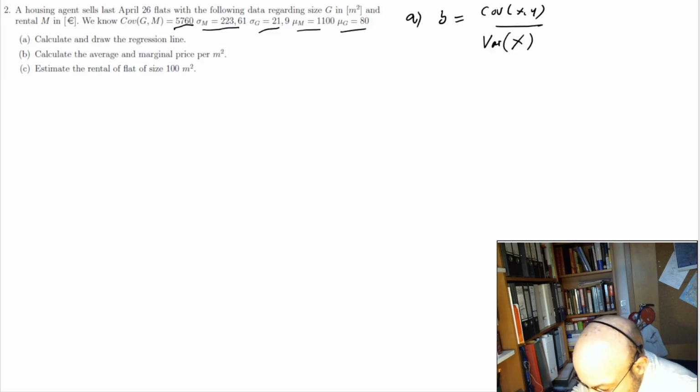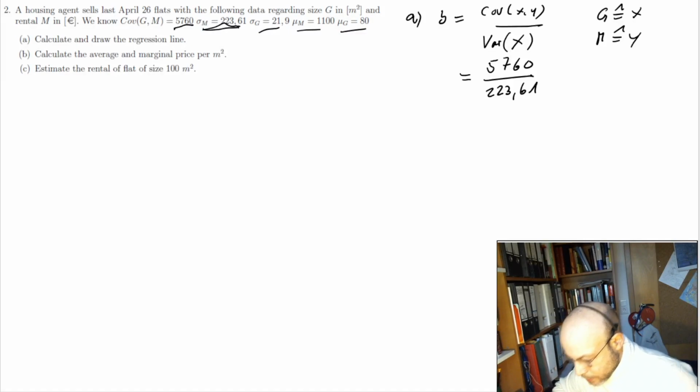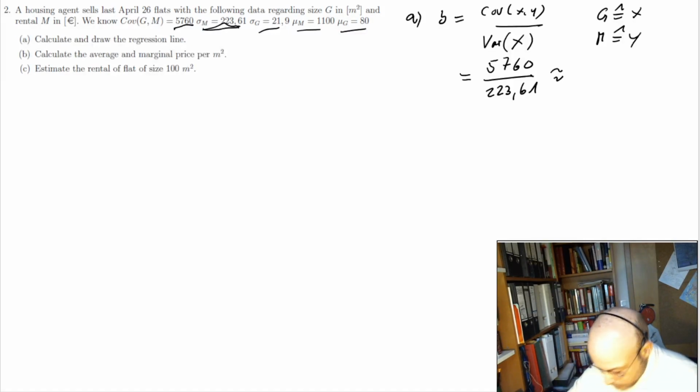So we have to keep in mind that the flat size should be X and the rental should be Y. So we obtain 5762. This is the standard deviation, so we have to square 223.61, which is roughly